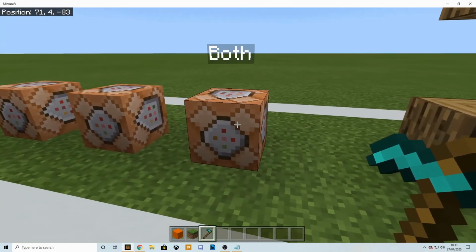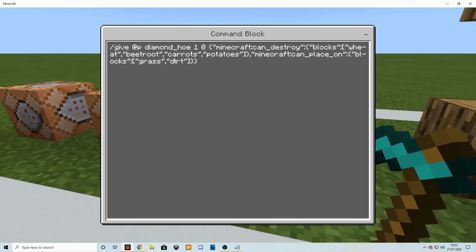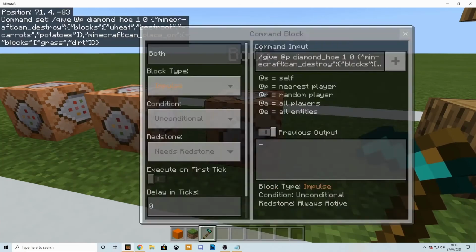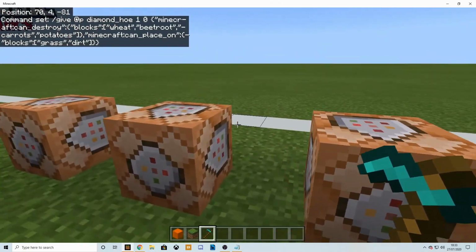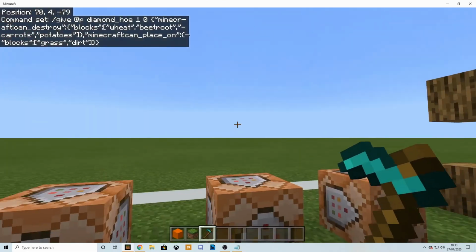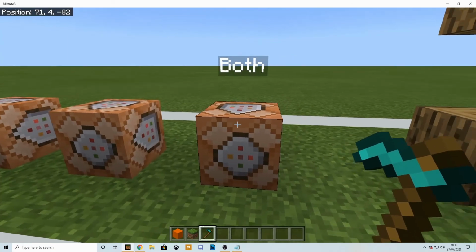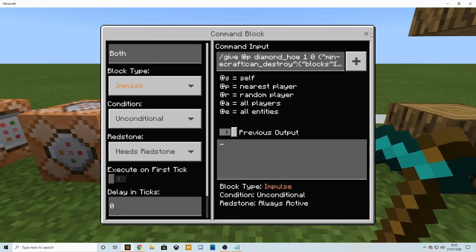So that's how, if I open it up in here, that's how you add extra ones. You can see it here with a comma, and you can add loads of blocks. So if you wanted to, there is somewhere on the internet, I might make one when I have some time, one that can destroy everything and that can place on everything, in case you wanted to give yourself something that can place on anything. So if I put myself in